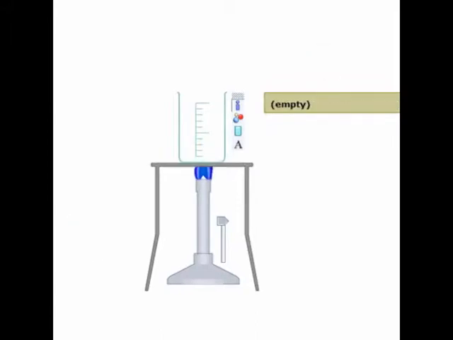Another common reaction is the reaction between zinc and sulfuric acid. When you have sulfuric acid and when you add zinc to sulfuric acid, hydrogen gas gets evolved. As you can see, the bubbles of hydrogen are getting evolved here because sulfuric acid plus zinc gives hydrogen plus zinc sulfate. So again, this is an interesting chemical reaction.